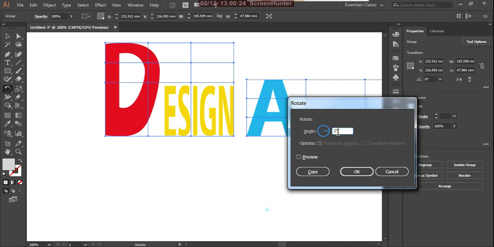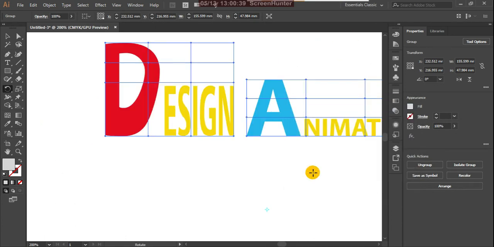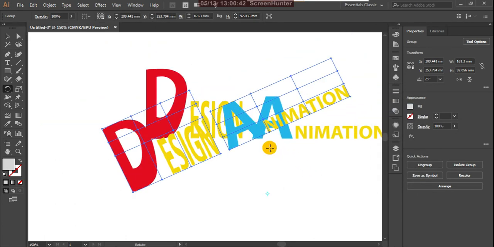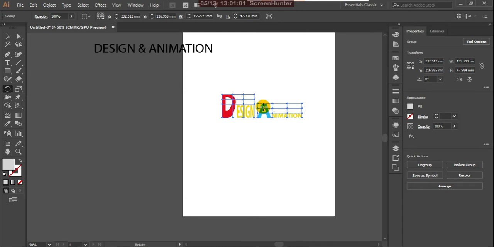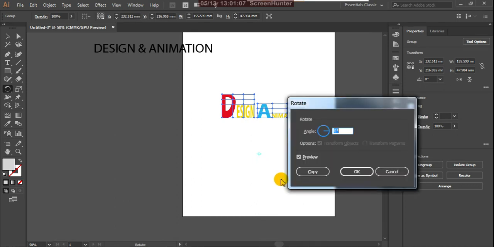and suppose here give some value, suppose 25 degrees, make preview and get copy of that, and suppose it's not looking good, so Control Z, and again you can select this, okay, and with this rotation tool you drag this pointer more down by pressing Alt, take this point here, okay,